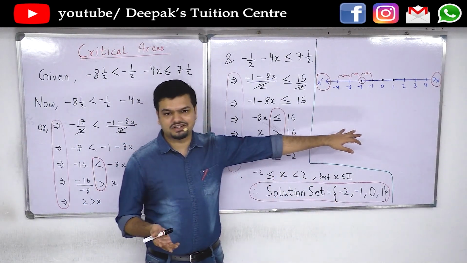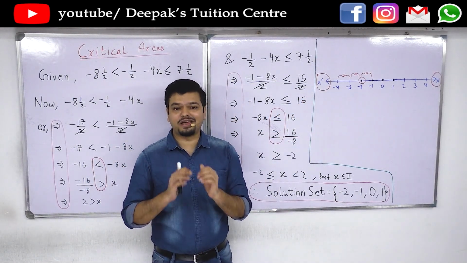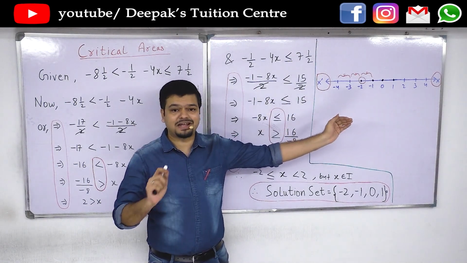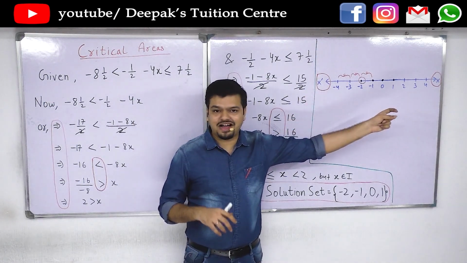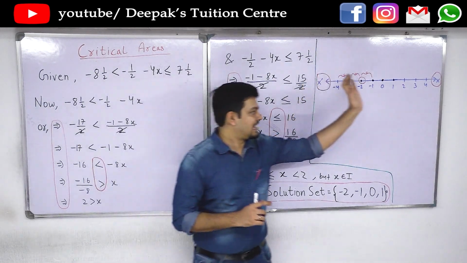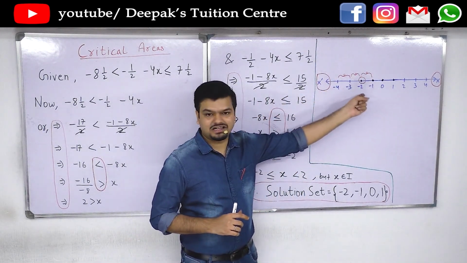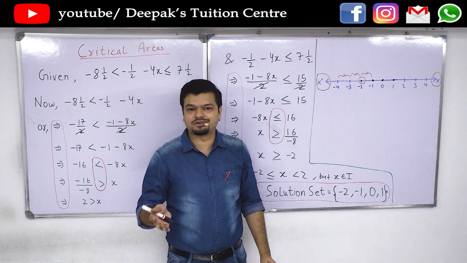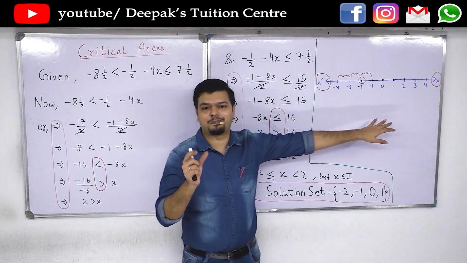Another mistake that most students make is while drawing a number line. A number line has to be always drawn in pencil only. Do not use a pen anywhere in the number line. Secondly, the number line should have arrows on both ends, with capital X written on the right side and capital X dash written on the left side. The numbers must have equal distances. You must never draw without using a scale, just drawing randomly. No. You will always draw using a scale, giving proper spacings.